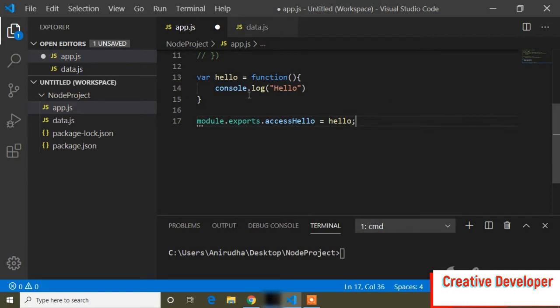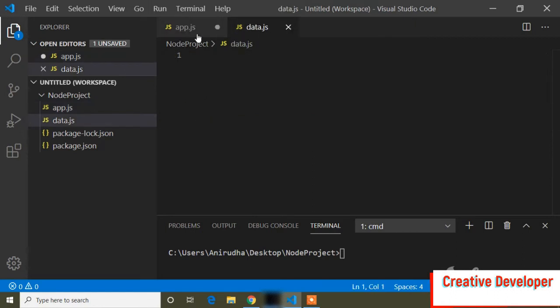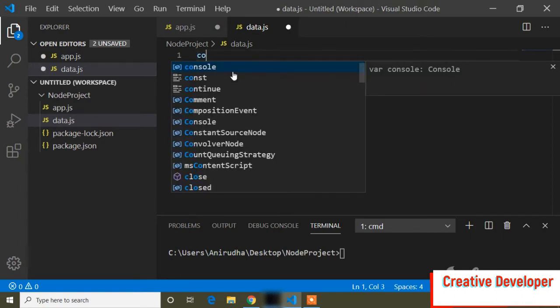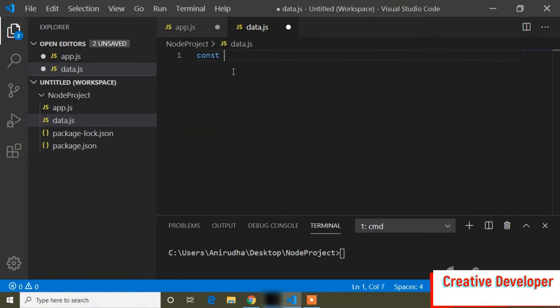And now I will access this function inside data.js. For that, first of all I export this function, and now I will import it inside data.js. First of all I have to import this app.js file. So here I will write a variable, const, and the variable name is app. This is the variable name, you can write any name.